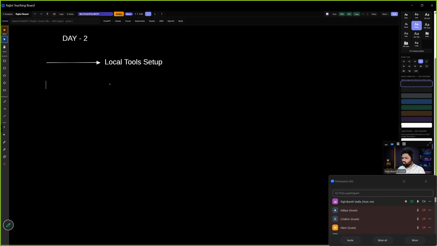The first tool we need to install is Git. Git means Git Bash and GitHub. I'm telling you about Git Bash and GitHub because, as a software engineer, this is a must, and we need to know about it.